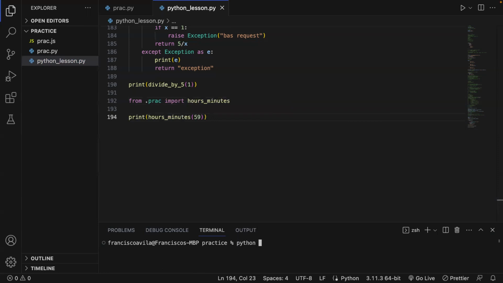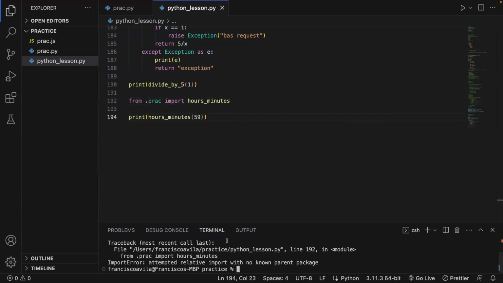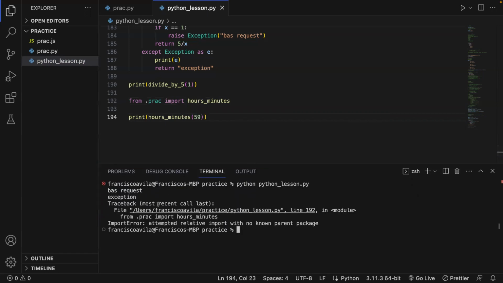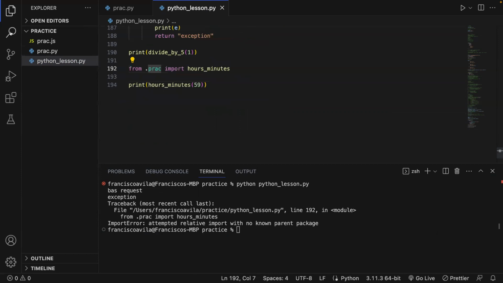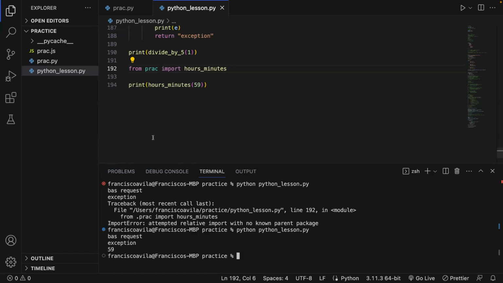So let's run the Python lesson. It looks like it gave me an error. The reason it gave me the error is that I tried to do a relative import with no known parent package. By parent package, it's talking about its parent, which was practice. I wonder if I could take off the dot and then run it. Okay, so it looks like if I take off the dot, it's able to